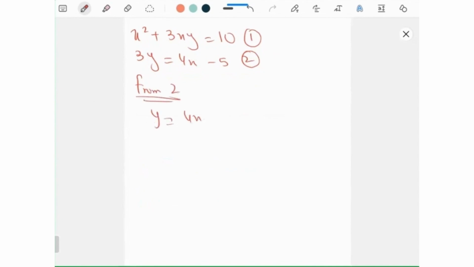y is 4x minus 5 upon 3. x square. Since I have made the third equation from the second equation, I will substitute it in the first. थोड़ा रिस्पॉन्स तो दो यार।